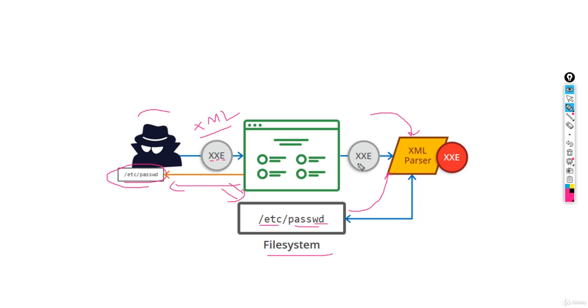All you need to do in the XML external entity attack is make the payload in XML and pass it in the vulnerable field. It will trigger the XXE attack, retrieve that file from the file system, and give it back to the hacker. We'll see how the XXE works in the next lecture in the lab section: how to exploit it, how to make the payloads, how to inject the payload, how to use Burp Suite and the Intruder of Burp Suite to inject the XML payload, and see how this XXE attack works on live websites.